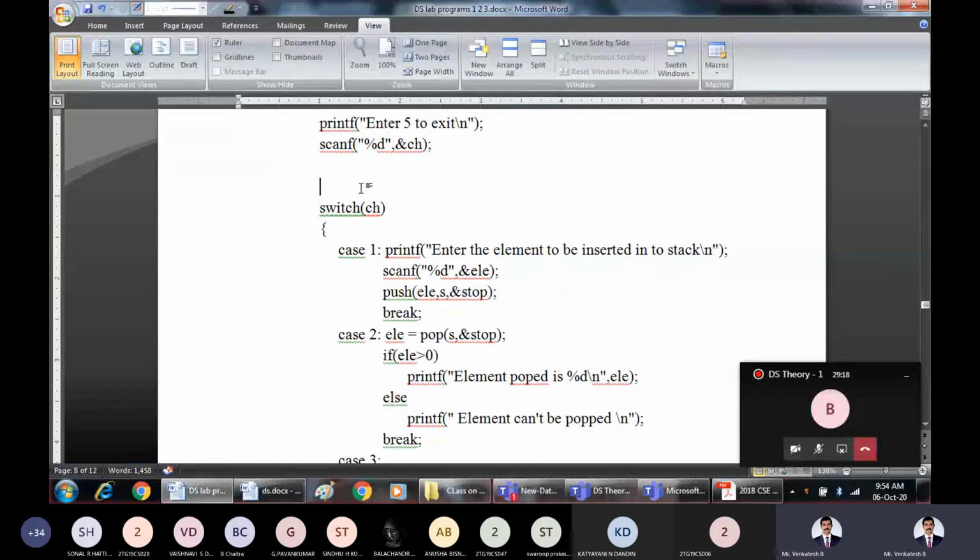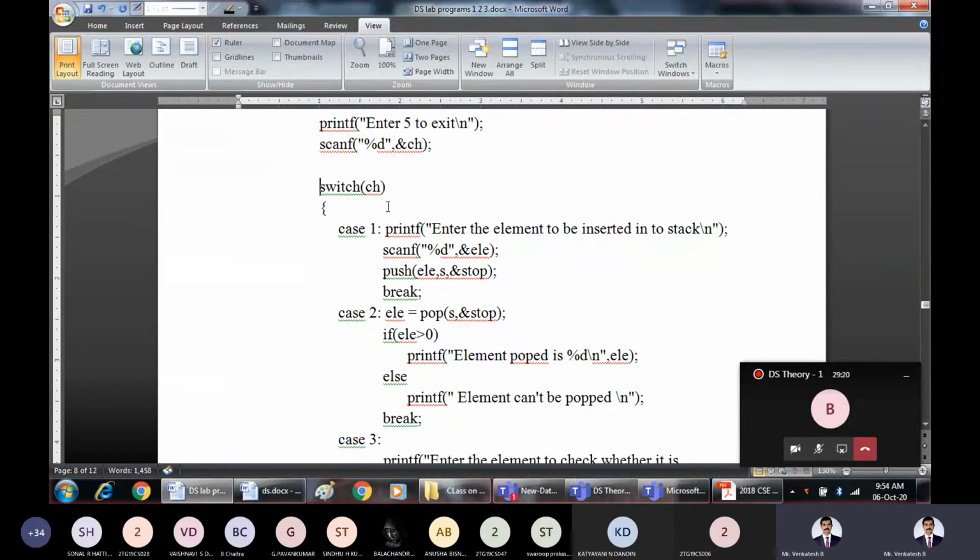Now for the option whatever you have entered, say case 1 you have given, that means you want to enter the element onto the stack, and we are asking user to enter the element to be inserted onto the stack. So you should provide which element you want to insert. So we will scan that element and store it in a variable.